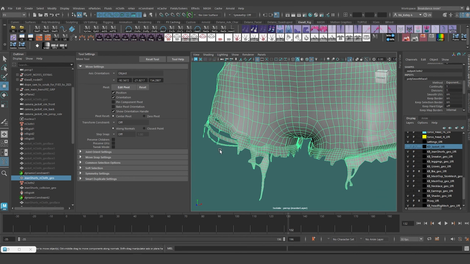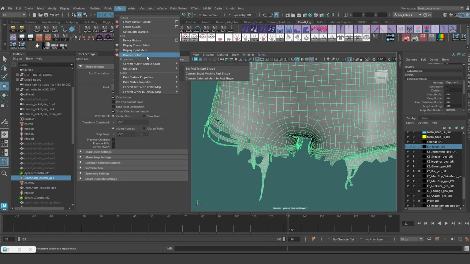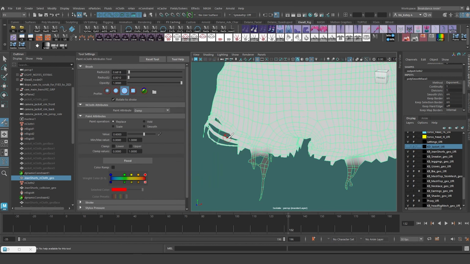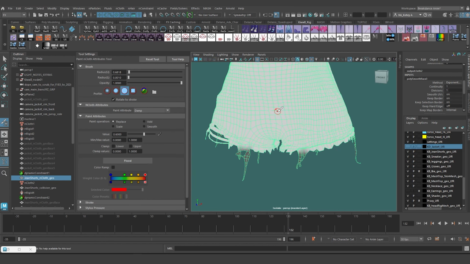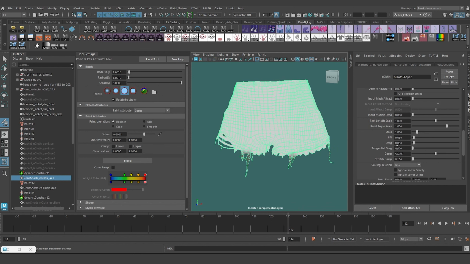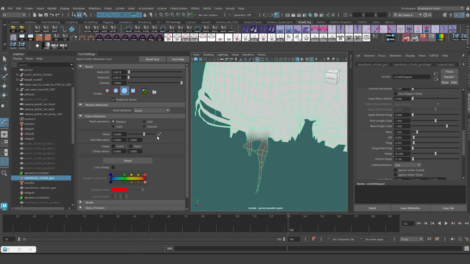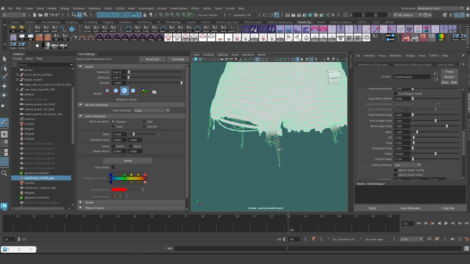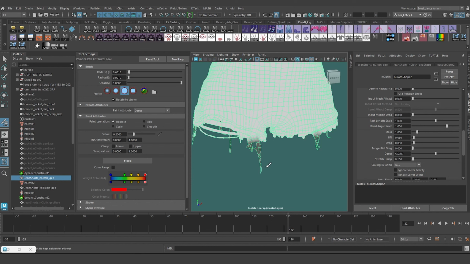Okay, and the next thing I did was go back in and create a property map and did some weight painting for the damp. This didn't have any weight painting, so I came in here and made sure the whole thing had 1, which means at a value of 1 it takes my maximum value of damp here. But I came to the ruptured fabric and I decided to make it 0.2, so I painted them to have 0.2 dampening. I did this because I decided that I do want this ruptured fabric to flutter through the air,